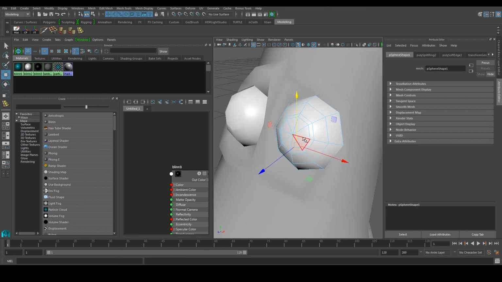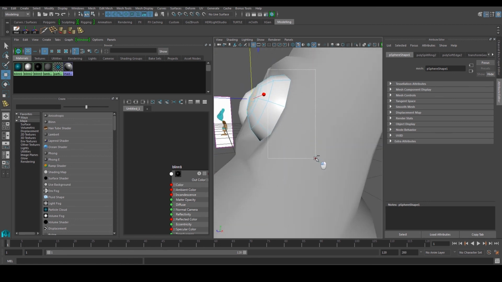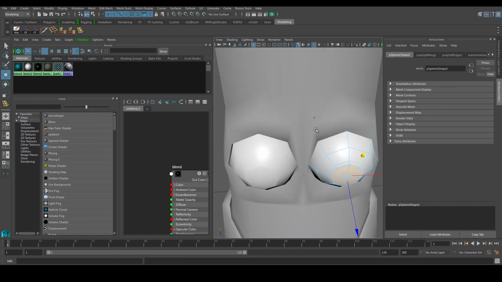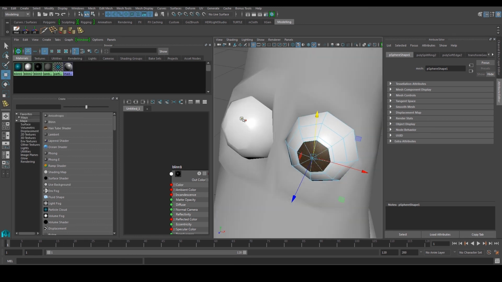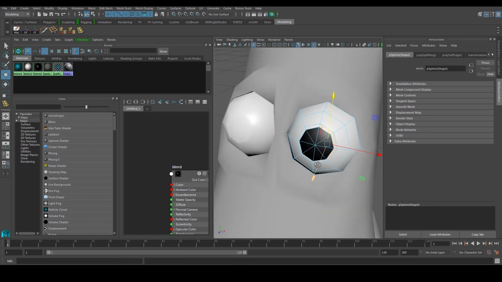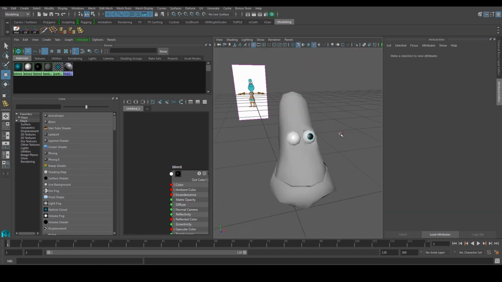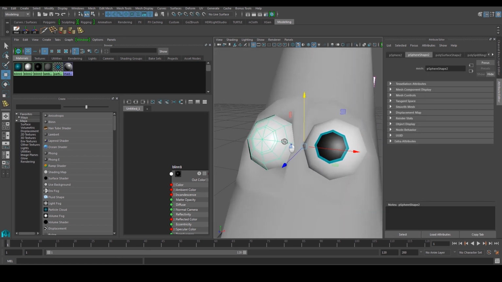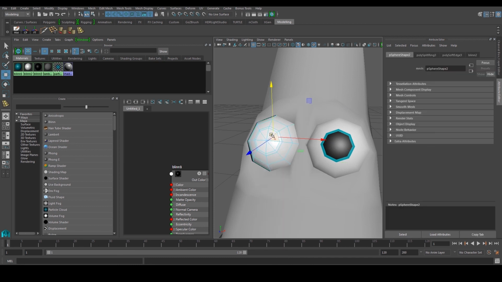Alright, so perhaps I'll select these ones over here. Right, make sure I select the correct one. Just pressing Ctrl and left click to make sure I'm not selecting any faces that might be inside there. Here will be black, and this outside part over here, right, will be blue. Oops, I didn't select. This goes back to black. Alright, so you kind of get the cute eye for the character. So you can do the same thing for these ones over here.